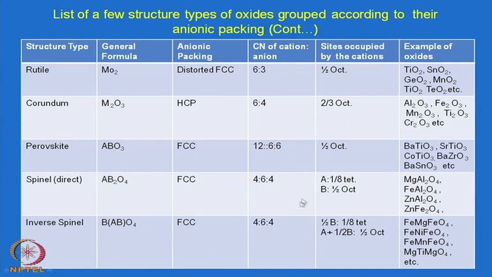B was here in the spinel structure, the normal spinel structure, or direct, though it is actually mostly called normal spinel, not direct spinel. In the normal spinel structure, B atoms are in the octahedral sites, whereas in the inverse spinel, B atom is distributed between octahedral and tetrahedral. So, half of B atom is occupying 1/8 of the tetrahedral sites, and in half of the octahedral available sites, A atoms are there plus half of B. So, there is a redistribution of the A and B ions between the tetrahedral and octahedral sites, and the examples are